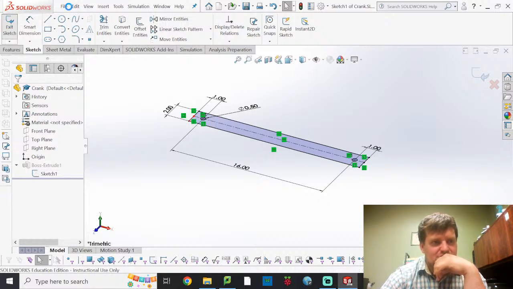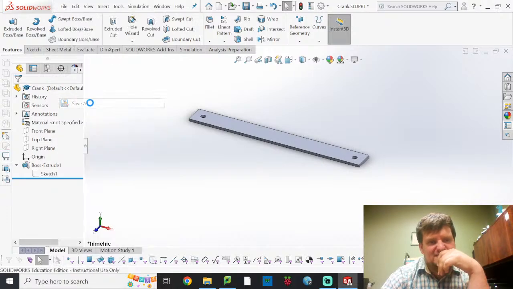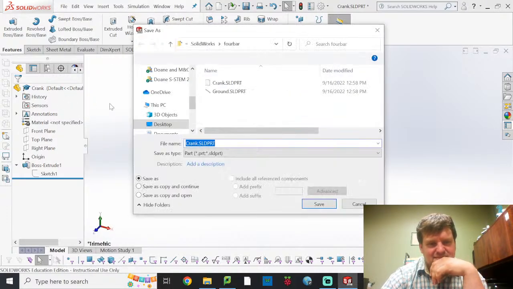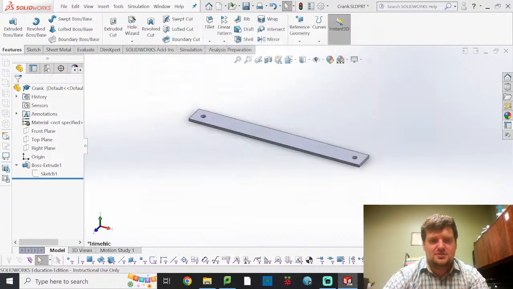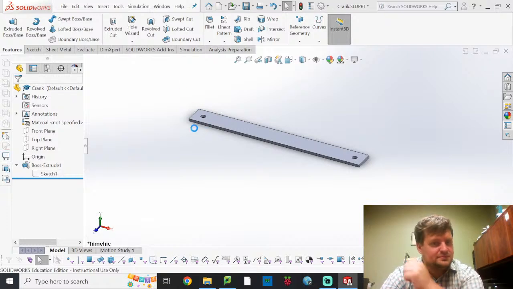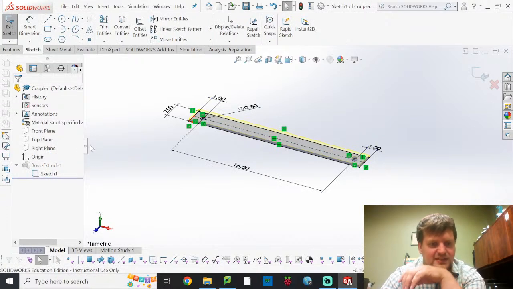Exit sketch. And save as. And this will be my coupler. Although I'm going to have to come back and edit the coupler at some point. But now I'll establish my rocker, and